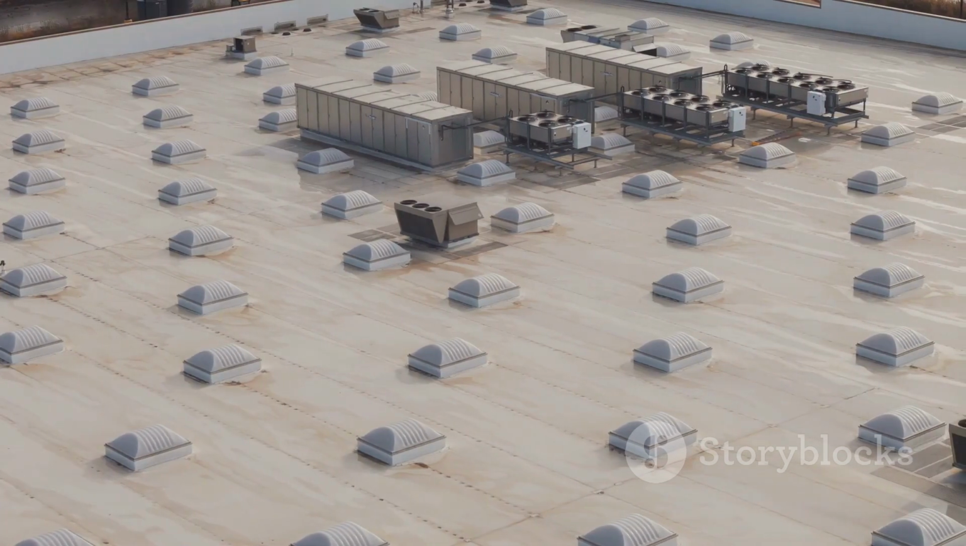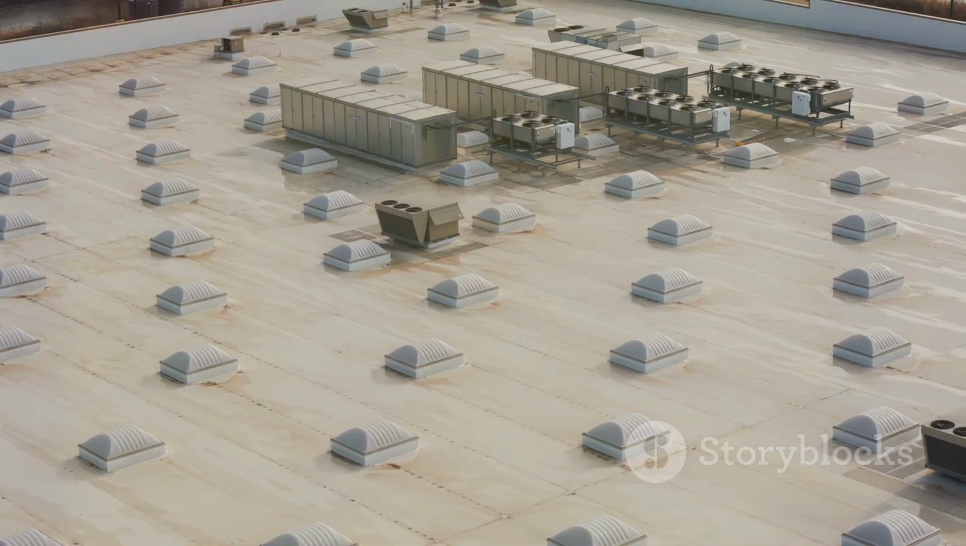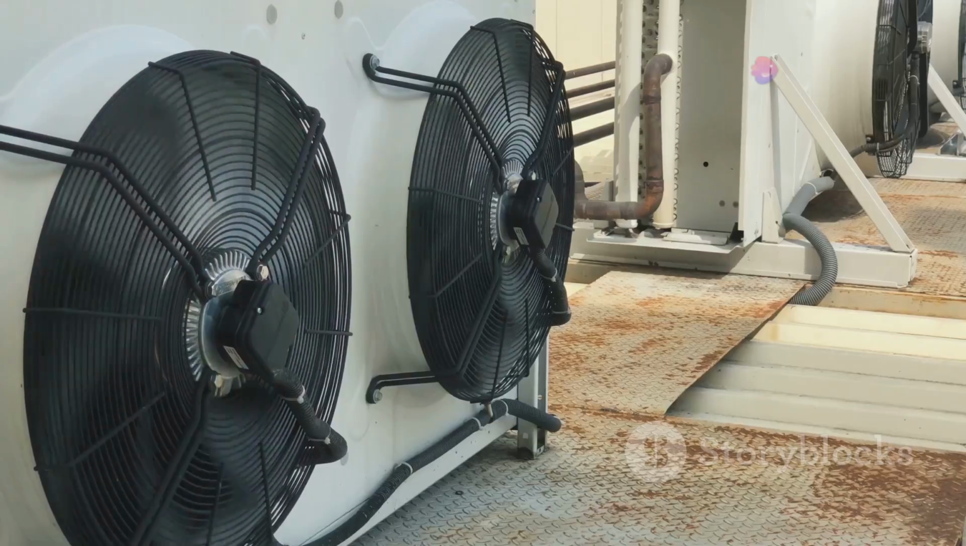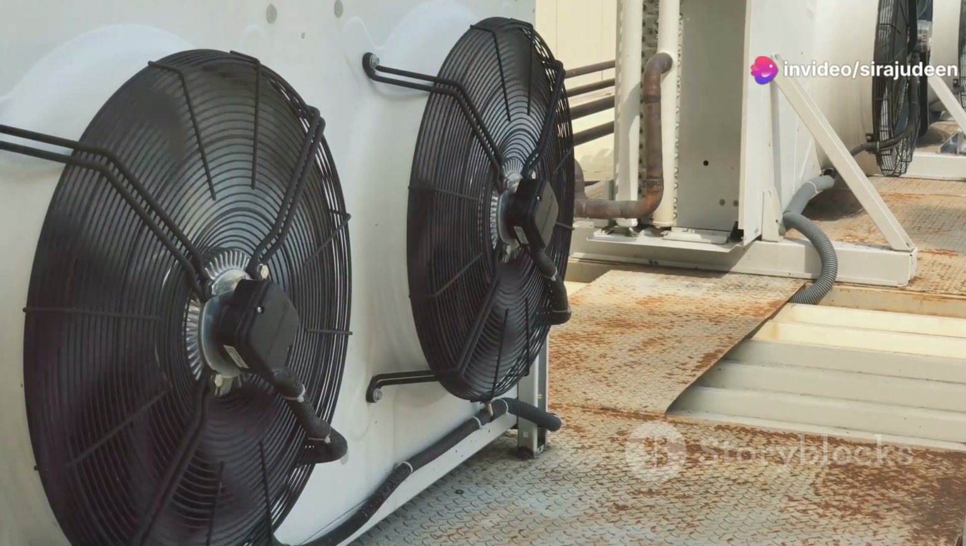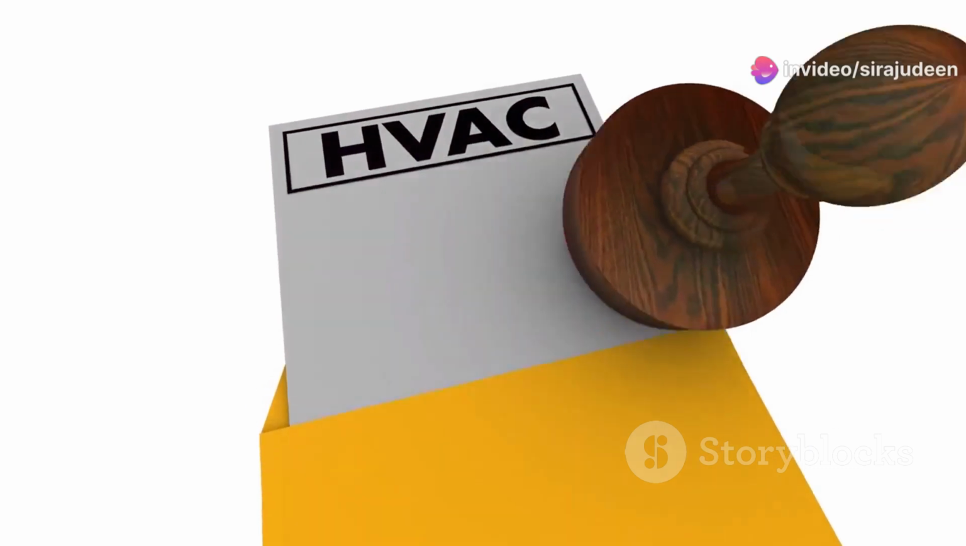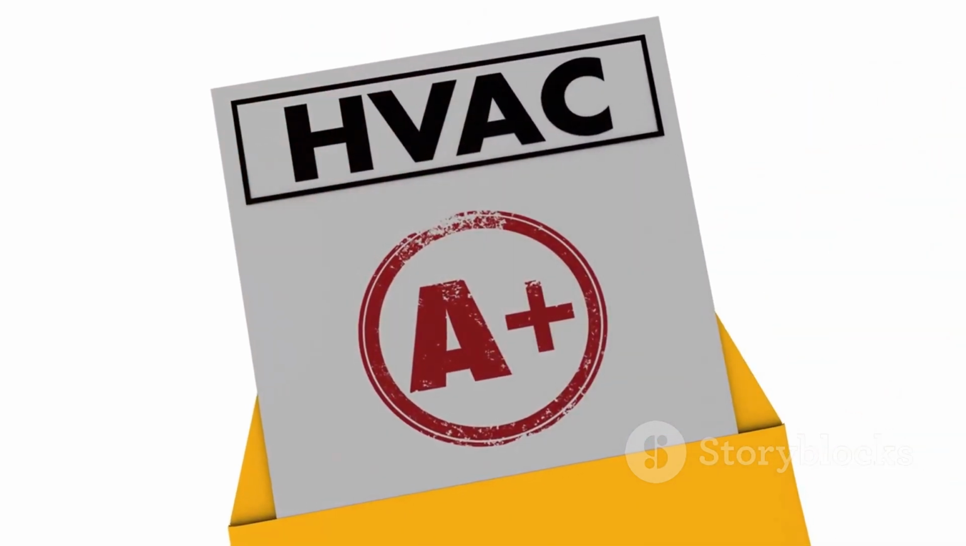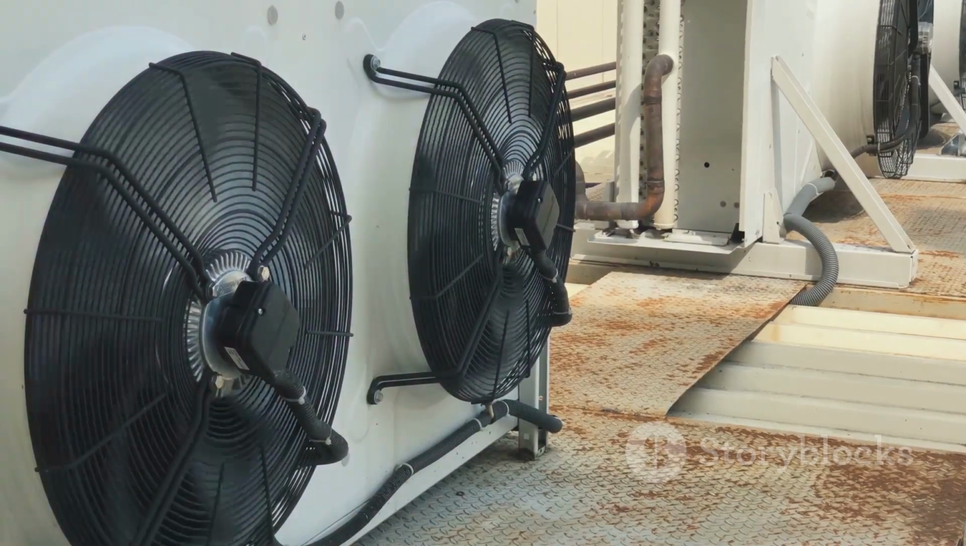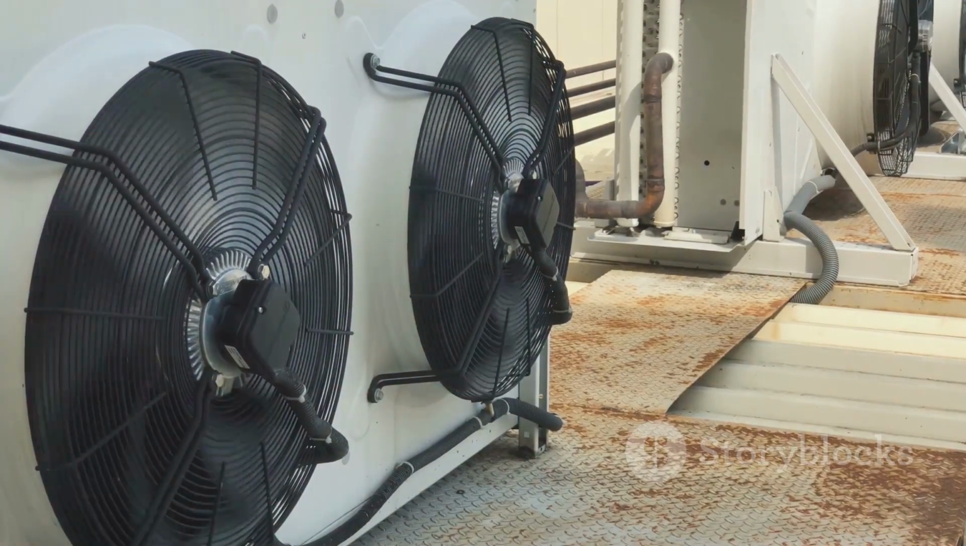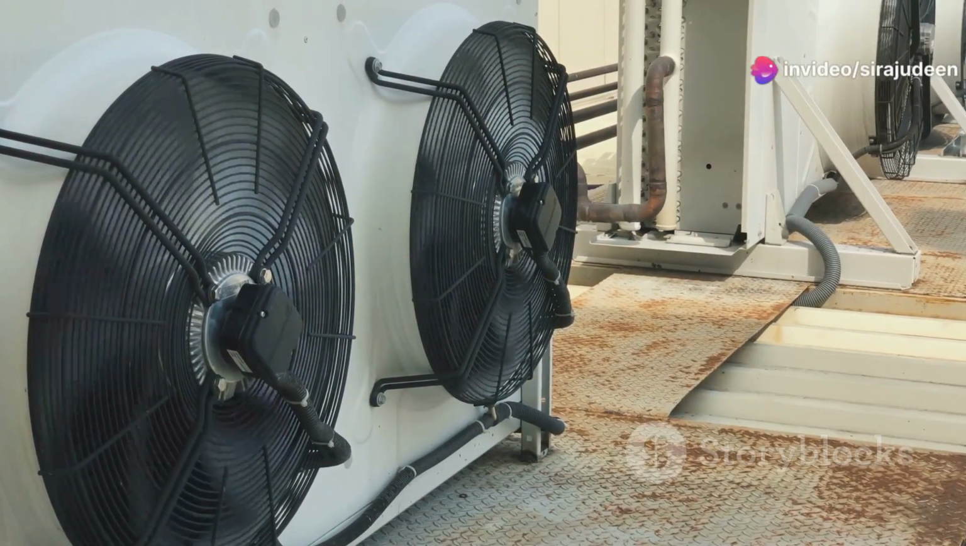The coefficient of performance, or COP, is a key measure of the efficiency of air conditioning equipment. It represents the ratio of cooling or heating output to the energy input. A higher COP means the system uses less energy to provide cooling, improving overall energy efficiency. For example, a cooling system with a COP of 3.0 provides 3 units of cooling output for every 1 unit